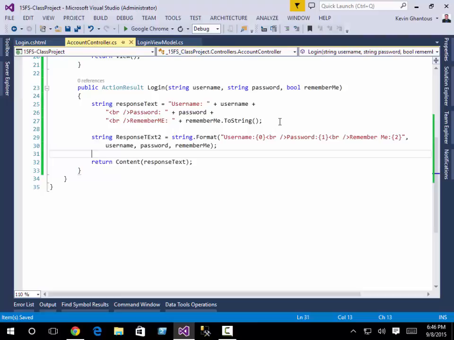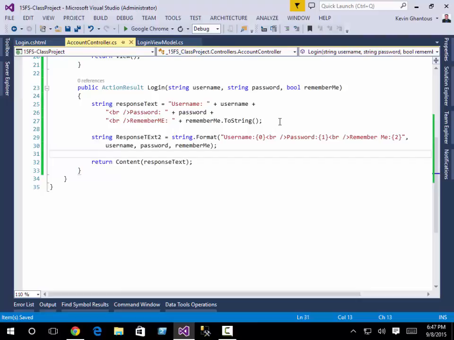Both of these lines give you the same result, just if you're curious. It's just two different ways of doing it. The latter one is nicer, especially when you have large blocks of text and you're trying to build that formatted so it's easily readable. These numbers just correspond to which item they are in the parameter list. 0 is the first one, 1, and